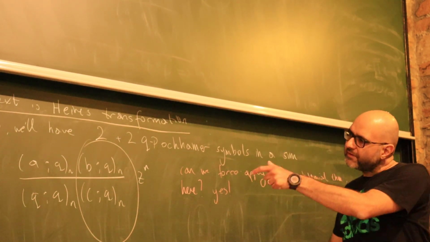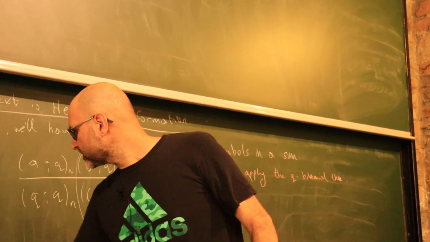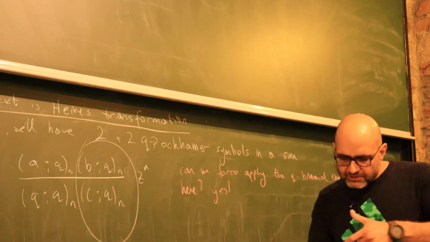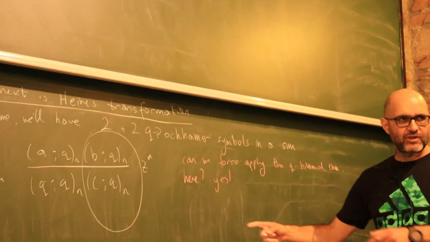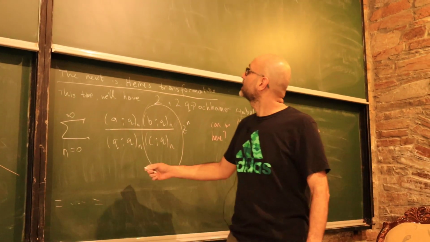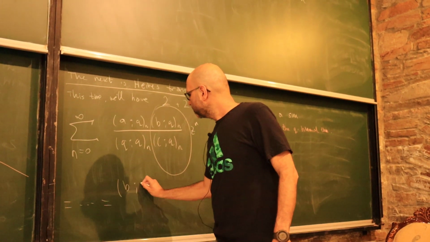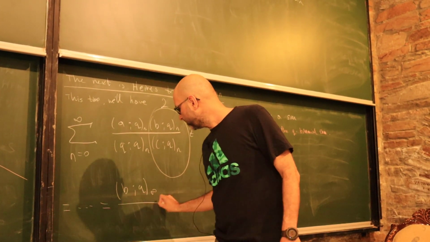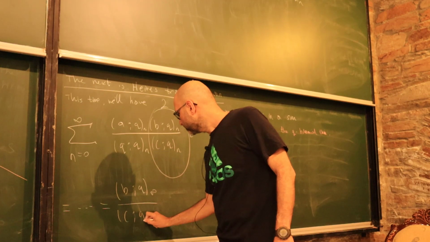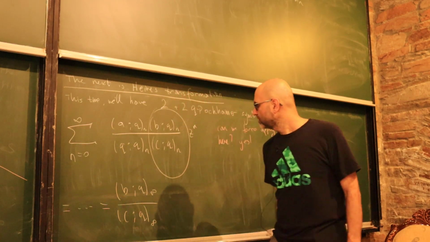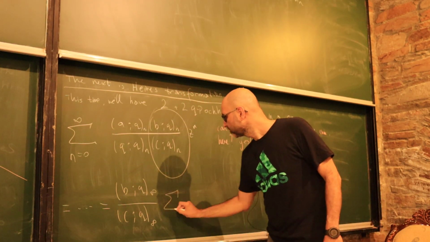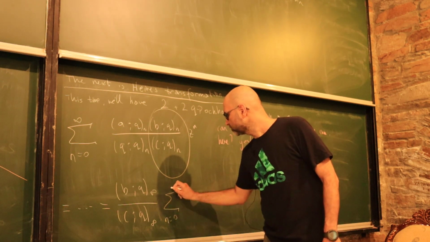So if we rewrite the very same series, this is going to be, after some missing steps, ask me if you cannot follow anything, (b; q) sub infinity divided by (c; q) sub infinity times the series running from 0 to infinity,